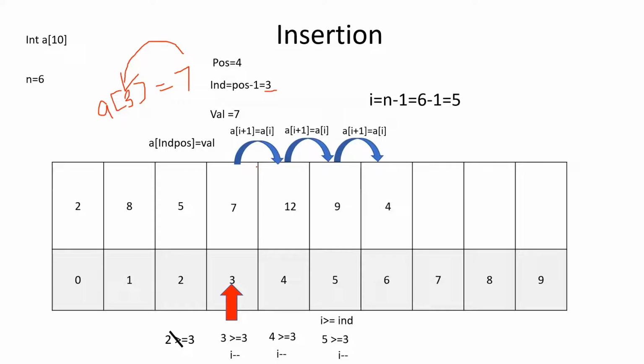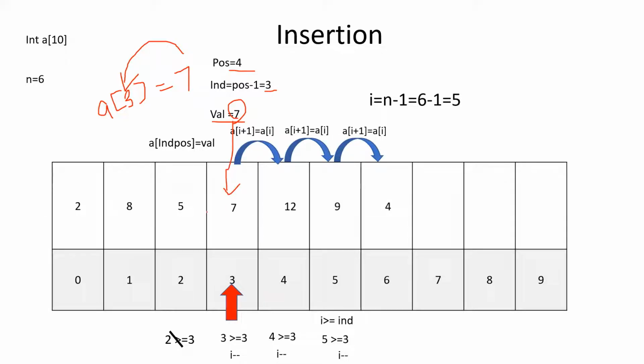Now I think that 3 was wrong. It was 12 only, no? When I did the animation, it came. So here at that position we will be inserting. Whenever this condition is not satisfied, the number to be inserted is copied at the index position where the user wants to insert. So this 7 will be copied into the position the user had asked. We had asked the user to enter the position and the number to be inserted, so at that position it will be inserted.